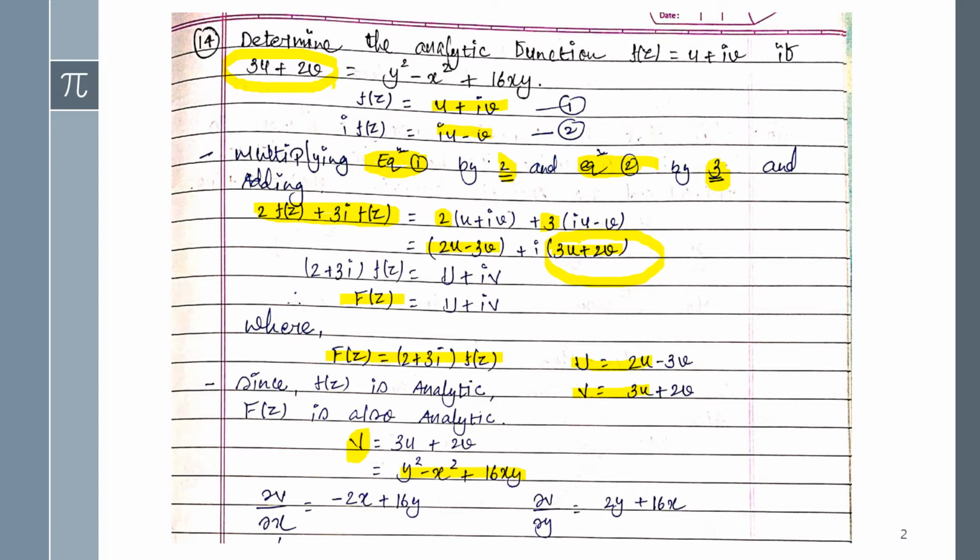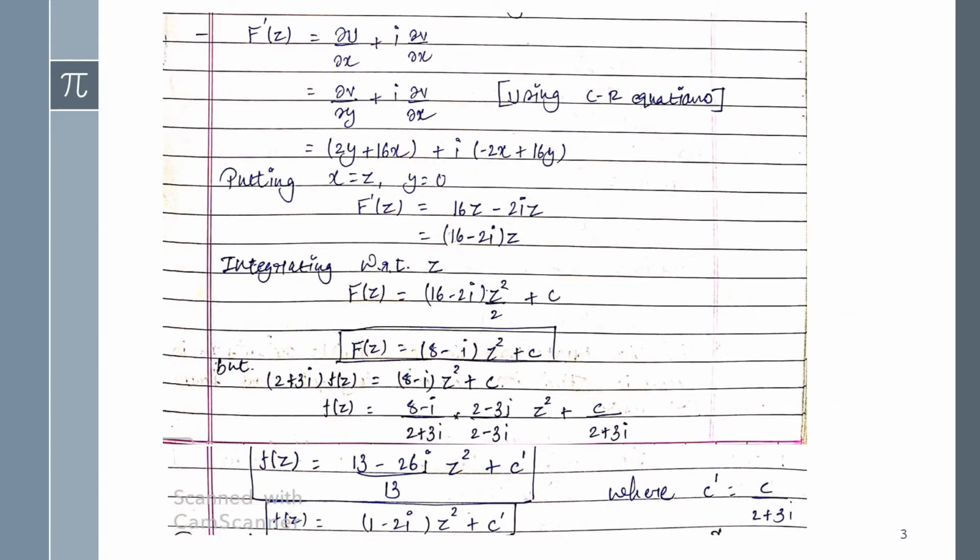So you have to apply the second case, right? For the second case, you need to find v with respect to x and v with respect to y, and then after, f dash z we will apply. And here you can observe that f dash of z equals del u by del x plus i del v by del x. And then after you have to apply its CR equations. So here it will change,